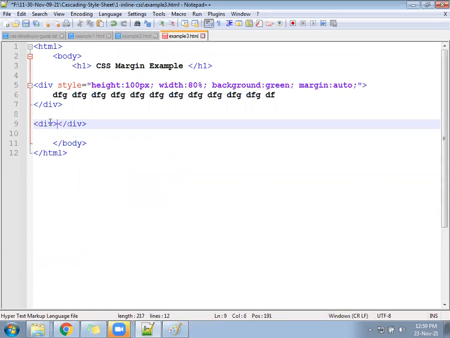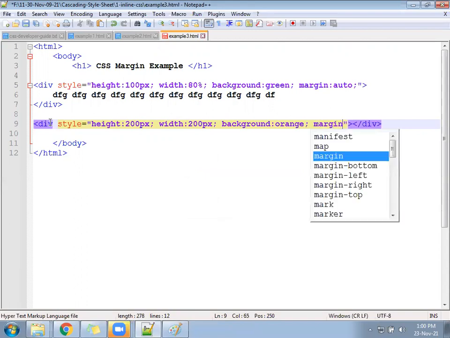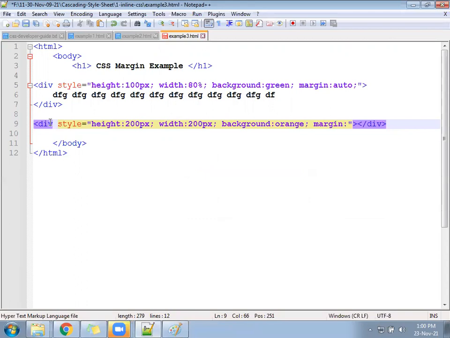Div, style equal to, height of the division 200 pixel, width of the division 200 pixel, background of the division orange color, and margin of the division 40 pixel.